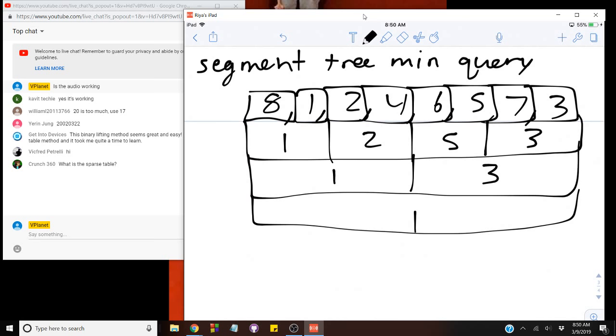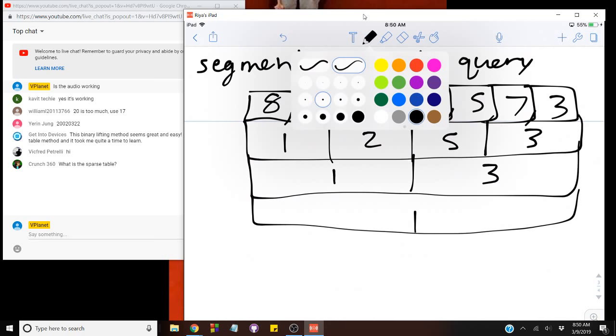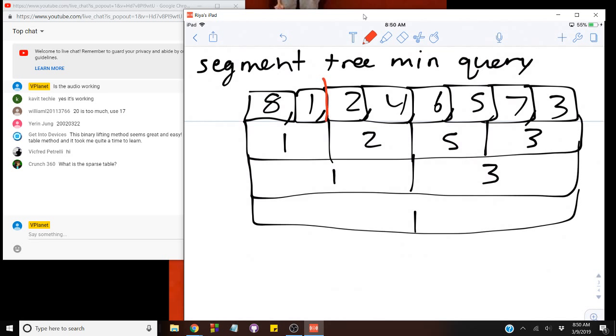Okay, so now let's just say I want to query the minimum of the range from here to here, right? Then I just look at these 2 blocks here, and I'm done. Now if I want to query a little trickier range, let's just say from here to here, then I look at this box here, and this box here. I take the minimum of those 3 and I'm done. So the idea is,